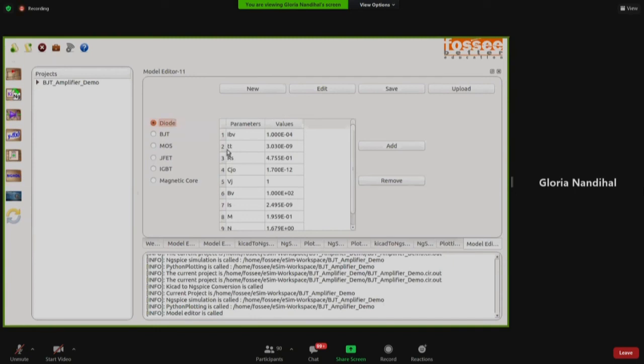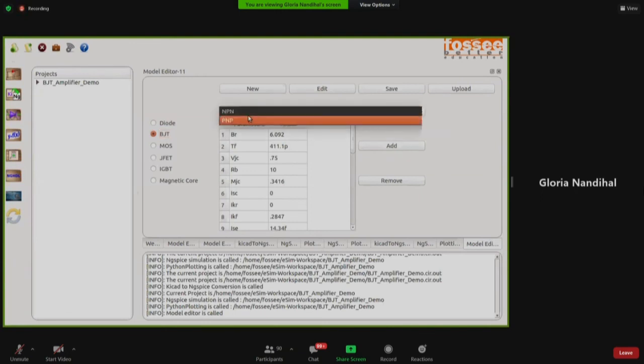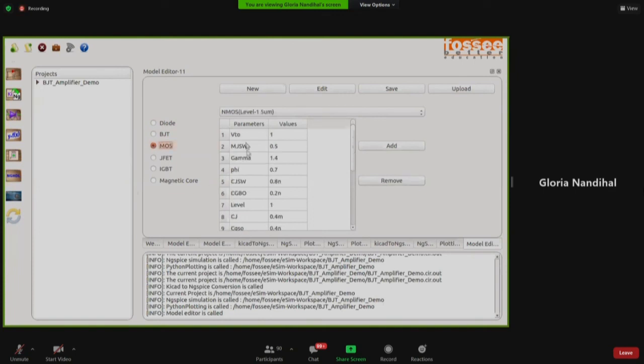that our team has already designed. So if you click on diode, you will get parameters using the data sheet. You need to enter the values for a diode. If you click on BJT, if you want to create a new model of the BJT, then again in the BJT you have NPN or PNP, right? So you can choose which one you want to create. The parameters are there. You can enter the values. If you want to add more parameters, click on the add button. And if you want to delete some parameters like IAC, IKF, they are 0, right? You can remove them. Similarly with MOS, right?